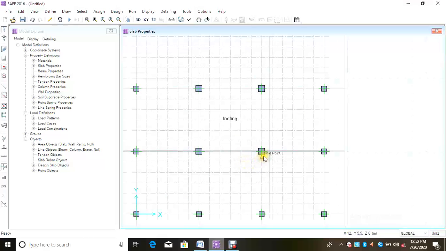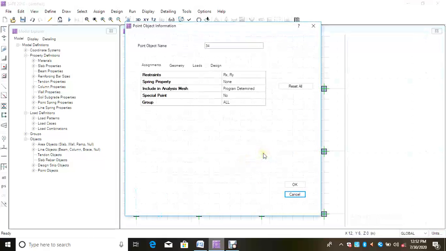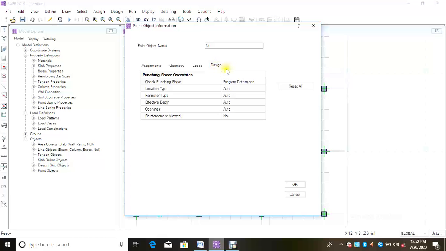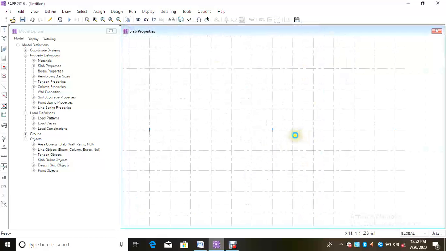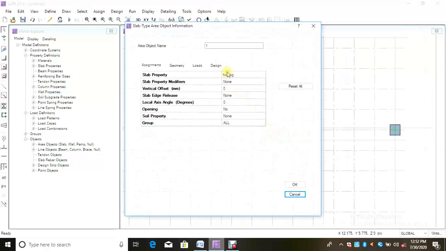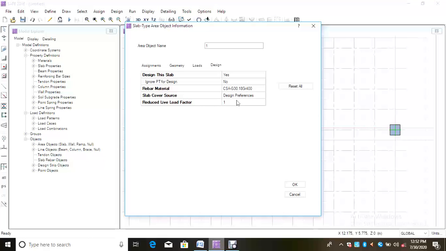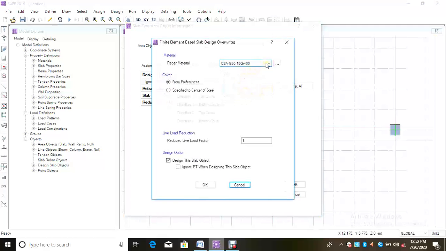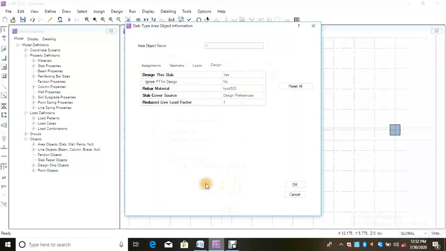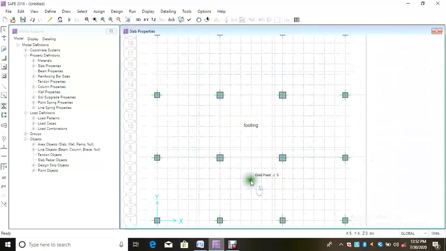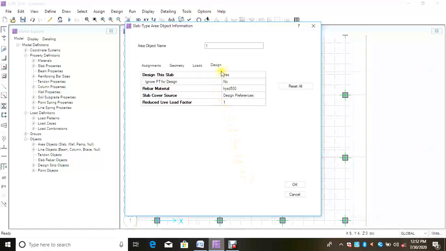And the same should be added for columns. So we will right click on any column, and we can change this rebar material. Here we have to choose the rebar material as HYSD 500. HYSD 500 has been added. Okay. Again, we can right click on this footing. In footing, here rebar material has been added as HYSD 500 too. After this,